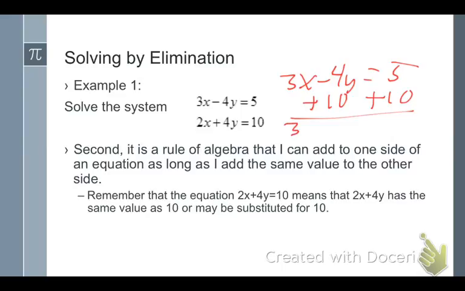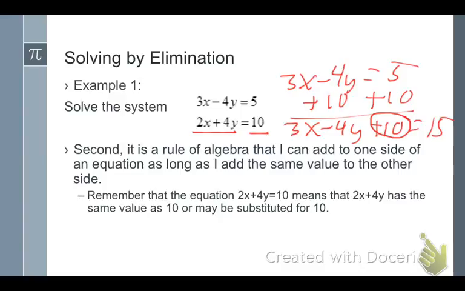So that would be 3x minus 4y plus 10 equals 15. Well, that's true, and we've known that for a while, but it doesn't really help us here. But what does help us is the fact that this second equation says 2x plus 4y has the same value as 10. So instead of adding a 10 on this side,